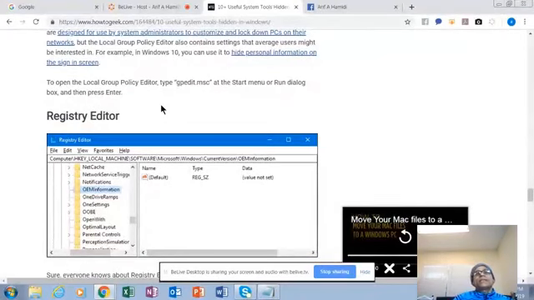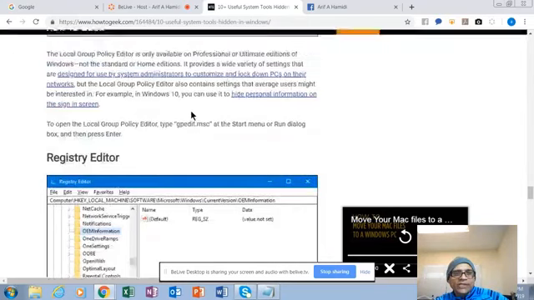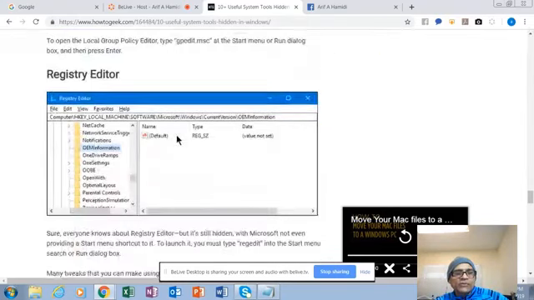Registry Editor. This is an interesting one. Registry Editor is not used 90% of the time on any Windows computer, especially on the client side. This is an advanced tool for critical changes, or configuration changes you will be making on a computer. And if we type a wrong value here in the Registry Editor, that service or that application or even the system